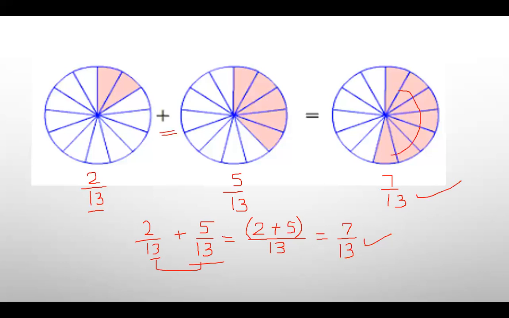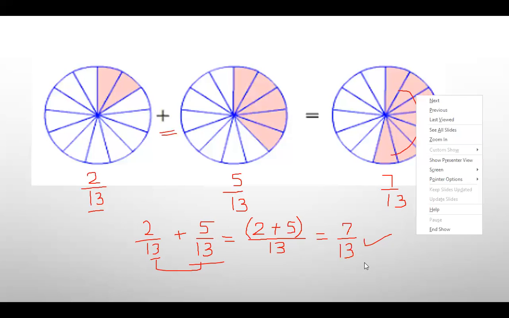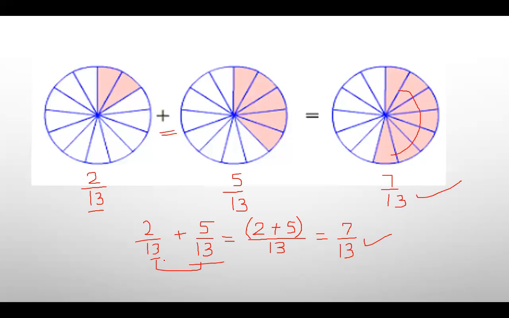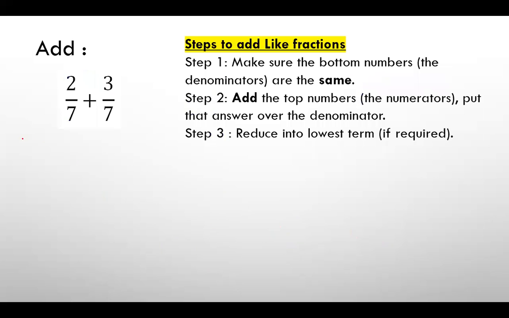It means that we are adding like fractions. So what we have done, we have added the fractions in this way. Here we are just adding with the same denominator, like denominators, or the like fractions, to get the answer of the addition. Right, children? Now let's take one more example.